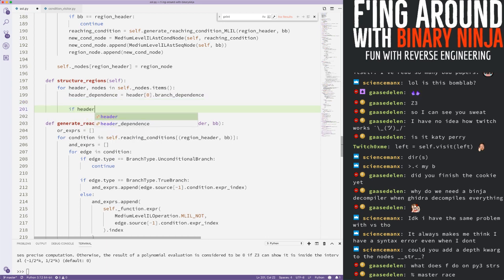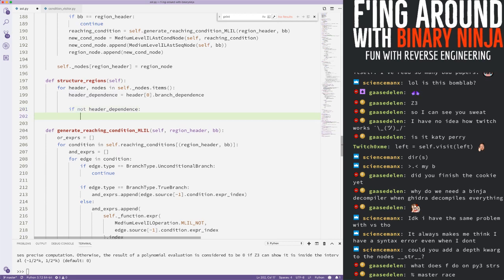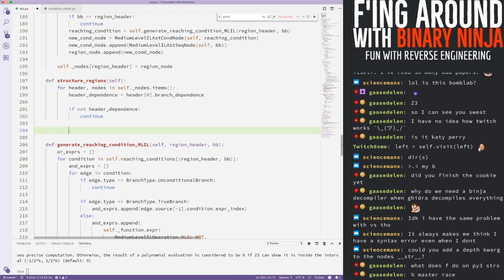And if the branch dependence of this equals... if not, so if it's an empty list or empty dictionary or whatever, then continue. If